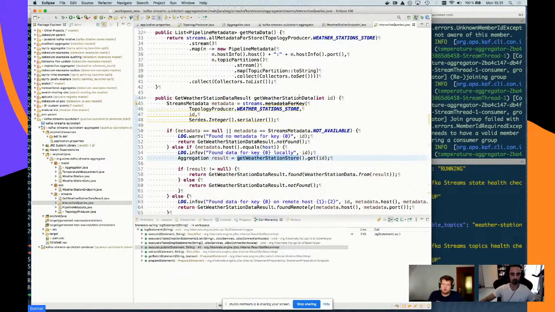And then I could do 2 things. I could, in my REST reply, say, okay, this node doesn't have this data. It's located on this other node, so please go over there, maybe using a redirect. Or I could even do this lookup myself. I could use the REST client, like the MicroProfile REST client, go over to this other node myself, get the data from there, and then answer back to the caller. So that's, I would say, a pretty elegant way of scaling out your workload and parallelizing it.